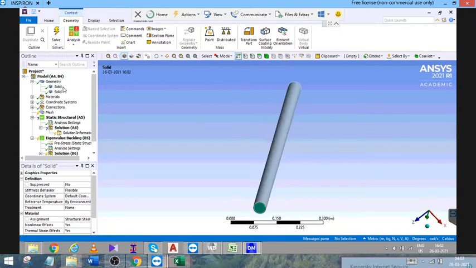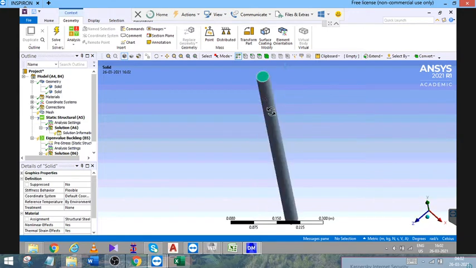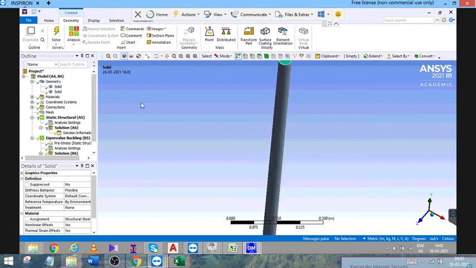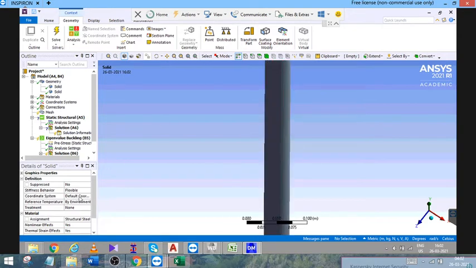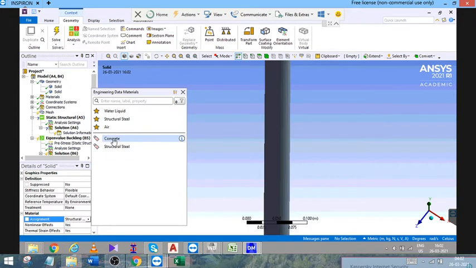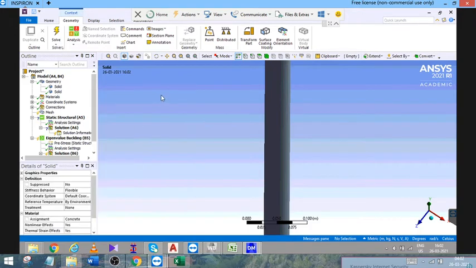So here in geometry you click on that particular solid, and the one which is highlighted, you should assign in the correct fashion. So this is concrete, and at the outer periphery you find the outer steel is colored, so change it to structural steel.